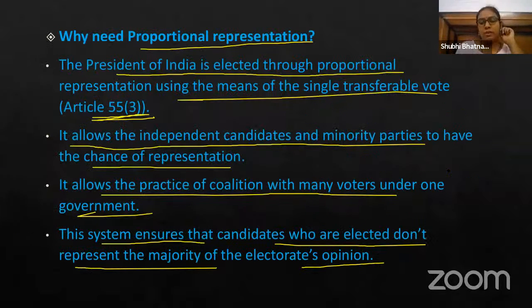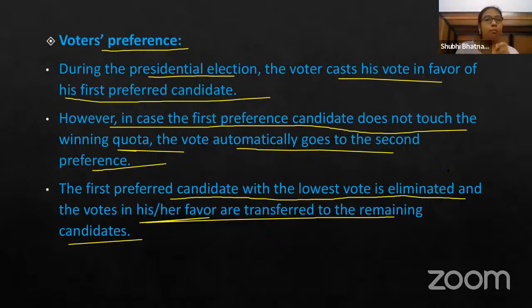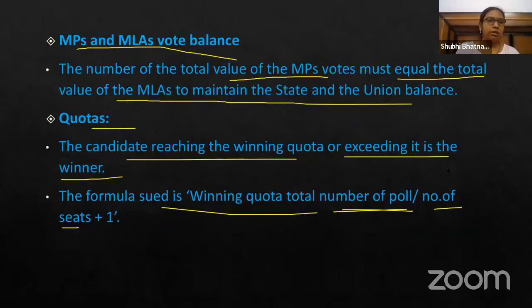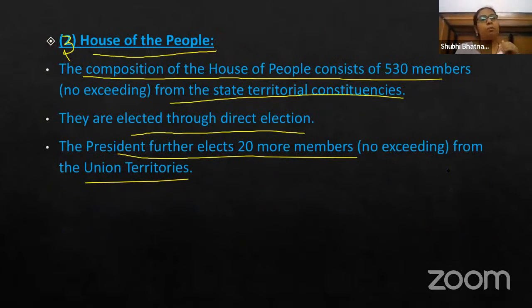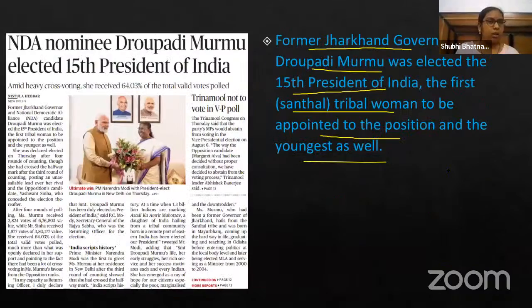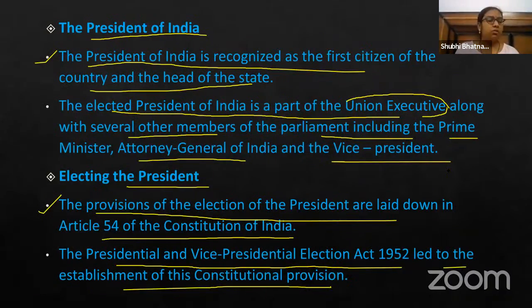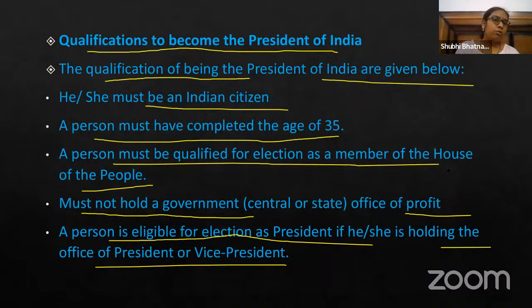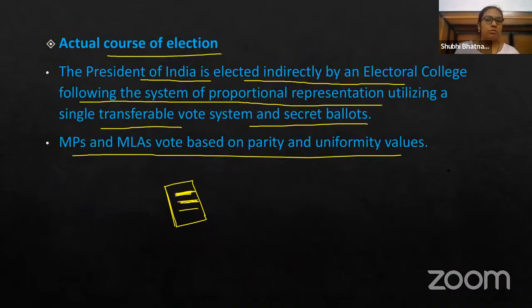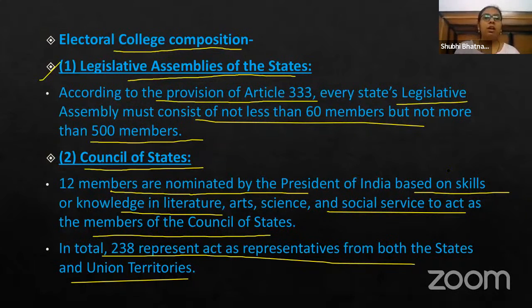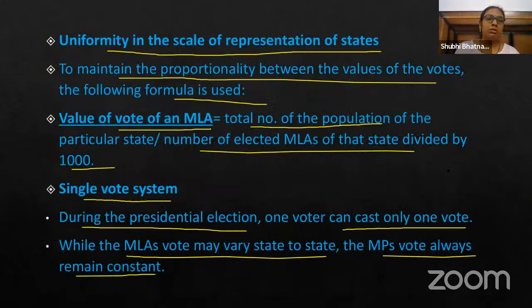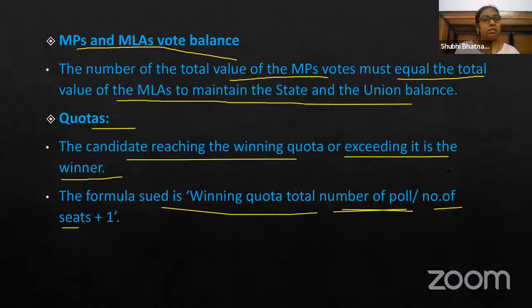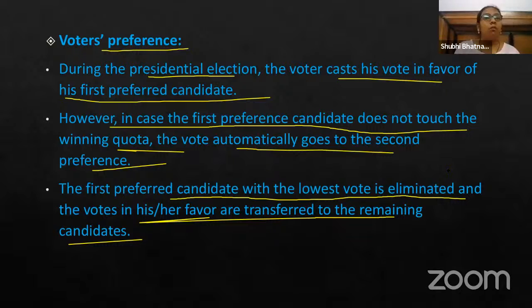Okay, so with this we have come to an end to this particular news. ये आर्टिकल बड़ा ही important हो गया. न्यूज तो सबको पता ही थी कल से ऑलमोस्ट, बट इसके साथ जो हमने important चीजें की हैं वो बहुत ही important है. That how is president of India is elected, what is the process, ये जो terms हैं छोटे छोटे वो क्या है, क्या formulas है, electoral college composition कैसे होता है, यूनिफॉर्मिटी कैसे लाई जाती है, एमएलए एमपीज के जो वोट्स हैं उनमें बैलेंस कैसे लाया जाता है, वोटर्स की प्रेफरेंस के बेसिस पे कैसे एक कैंडिडेट को वो सेलेक्ट करते हैं,